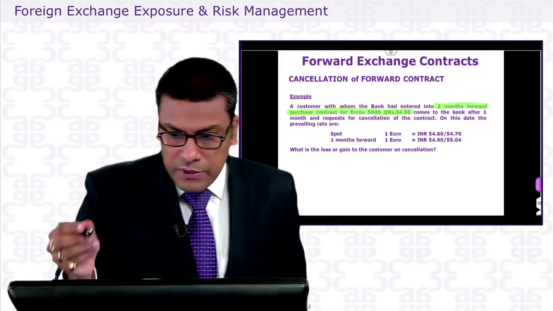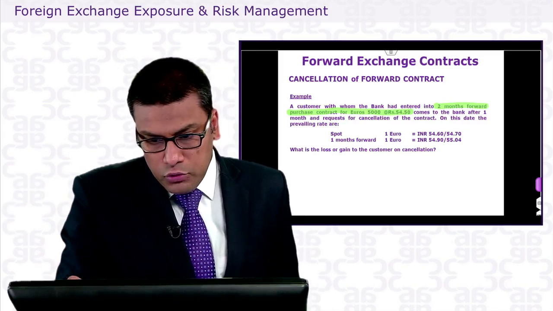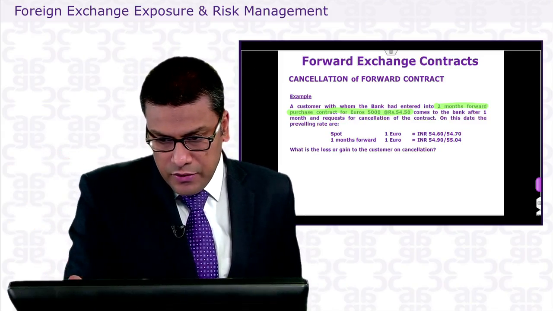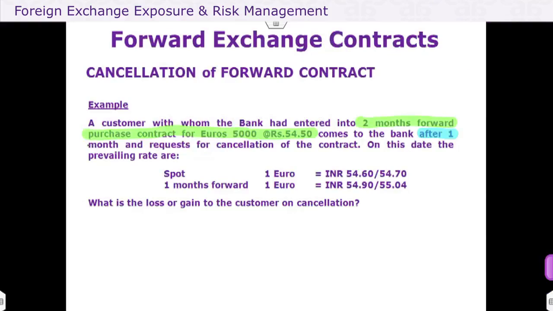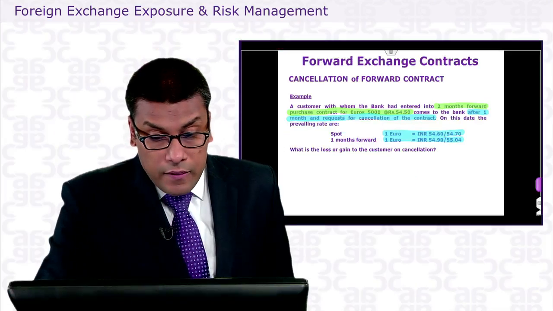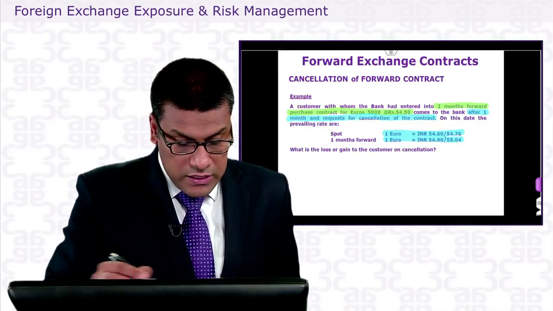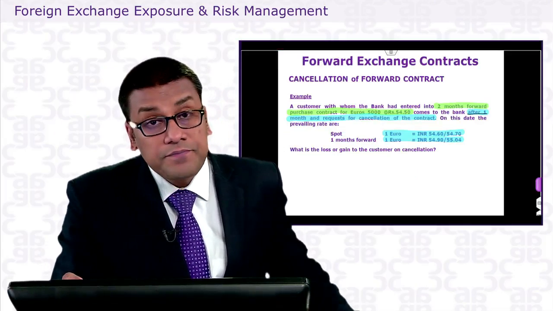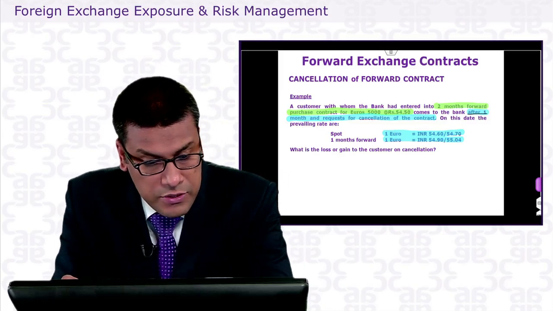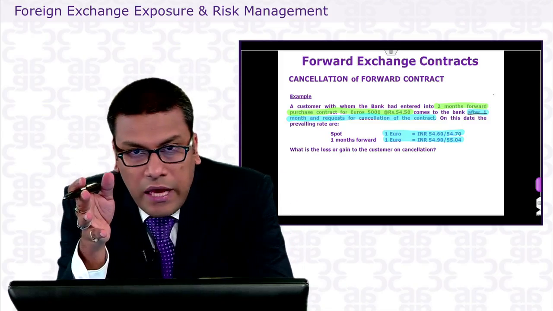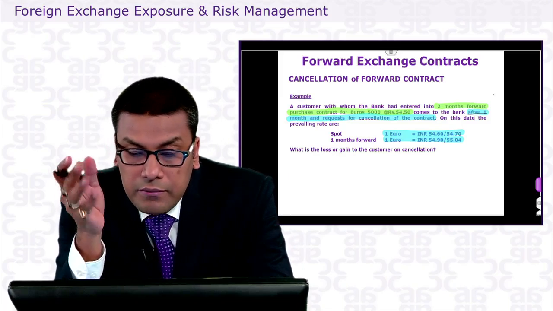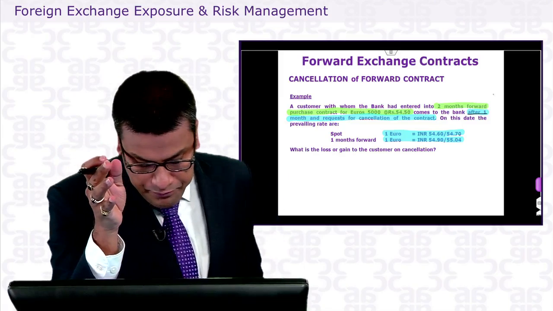Now the customer comes to the bank after a month. So after 1 month, there is a request for cancellation of the contract. And on that day the rates prevailing were: spot 54.60, 54.70, 1 month forward 54.90, 55.04. Now, you have come after 1 month, so there is 1 month left for the original contract to lapse. So the cancellation could happen because they are approaching it before the maturity, but then at that point in time,